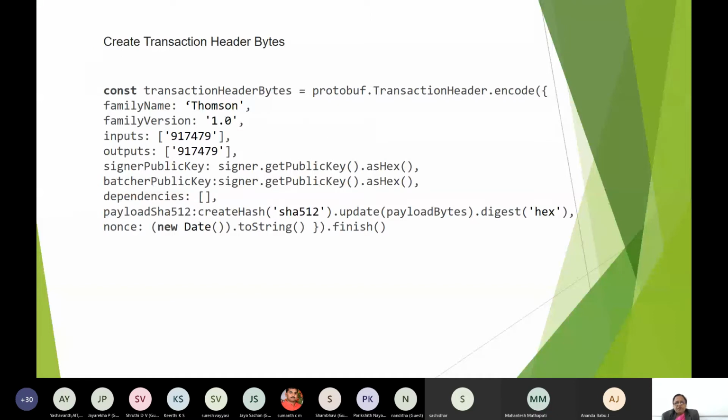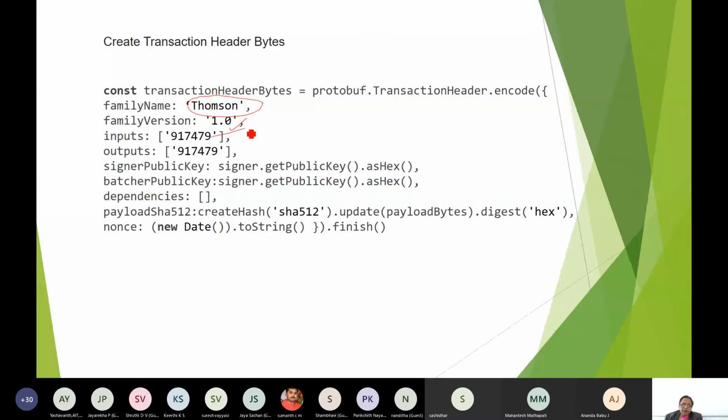Now, when we are creating the header bytes, I showed how the nonce is created, with the name Peter. I have named the family name as Thompson Hospital, family version 1.